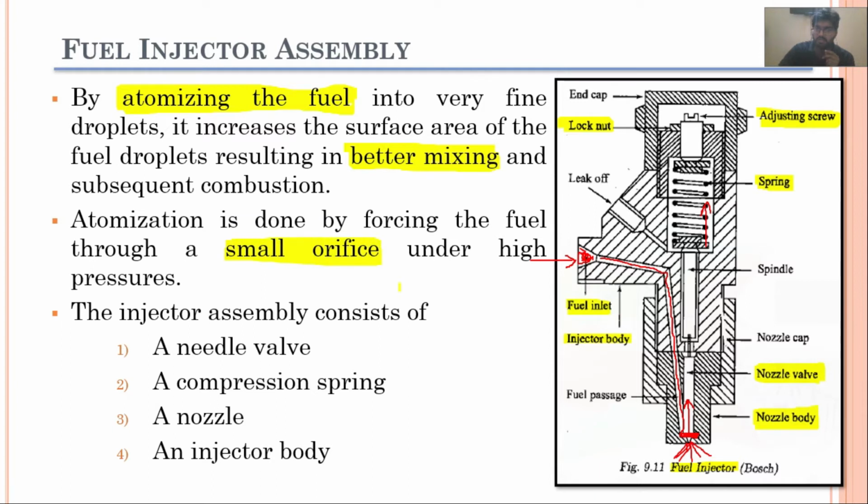So this is the orifice from where the fuel would be injected into the combustion chamber. Since its diameter is very small, and the fluid which is coming in and lifting the nozzle valve is at very high pressure, when this high pressure fuel passes through this very small orifice, it will